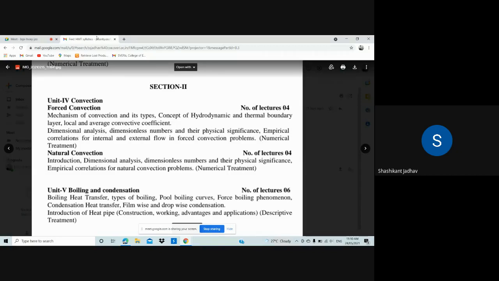Write down: introduction, comma, dimensional analysis, comma, dimensionless numbers,